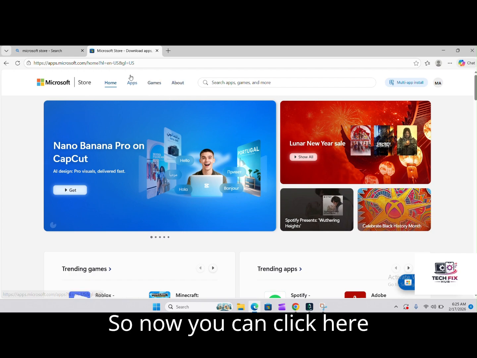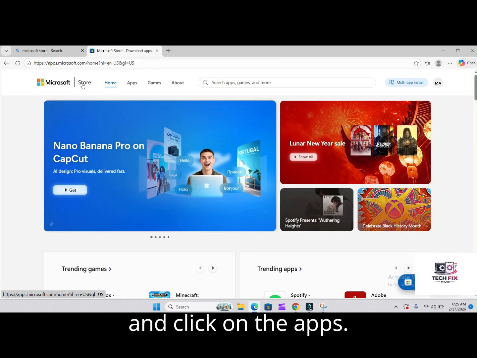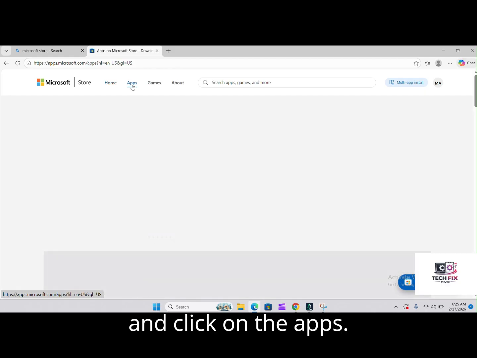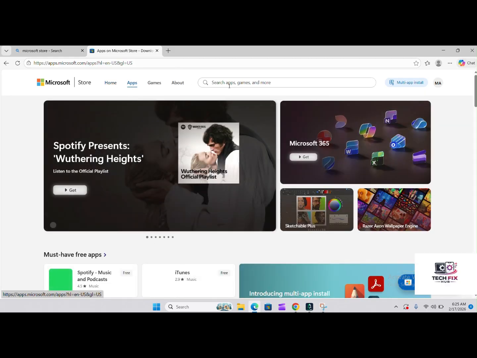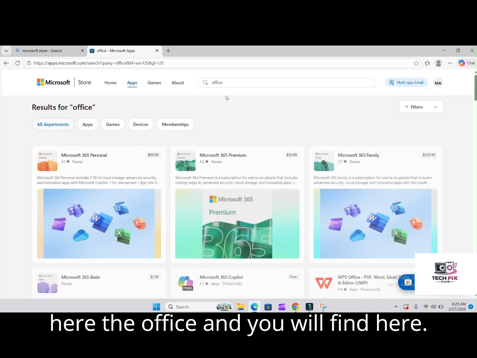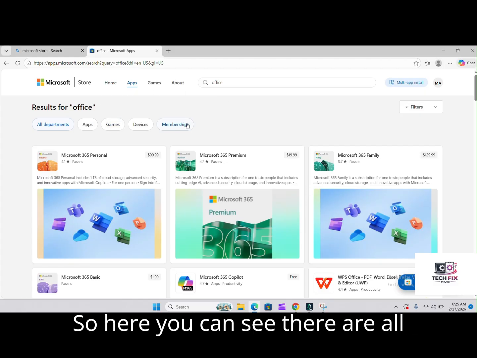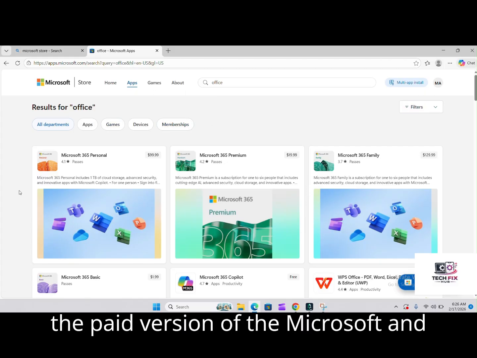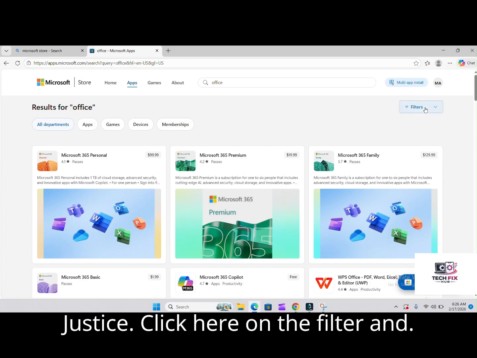So now you can click here and click on the apps and search here the Office. Just write here the Office and you will find here. So here you can see there are all the paid versions of Microsoft, and just click here on the